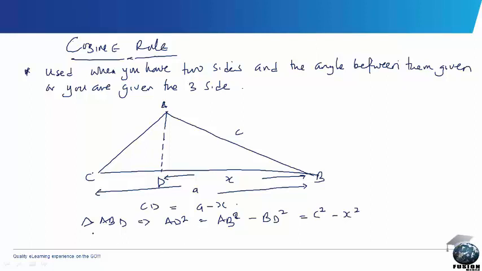And then in triangle ACD, this implies that AD squared will be equal to AC squared minus CD squared. You have AC squared minus CD squared, which is also equal to, AC is equal to B, because that's the side fixing B, B squared, and then CD is equal to